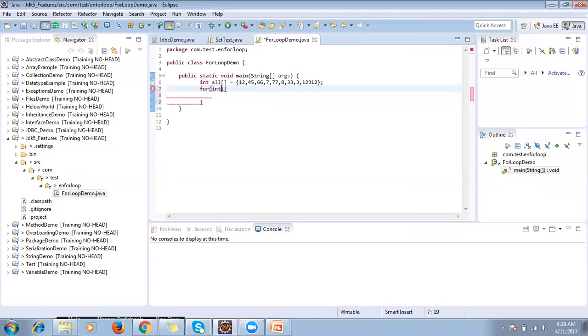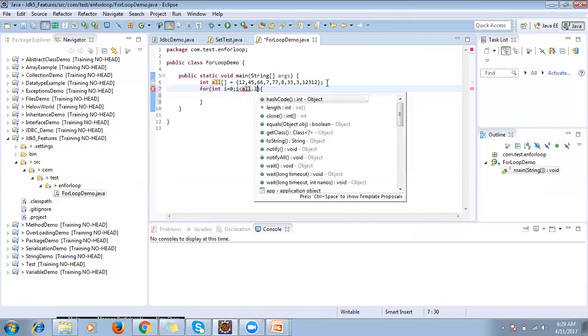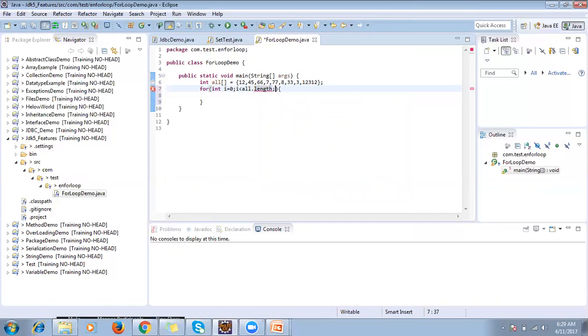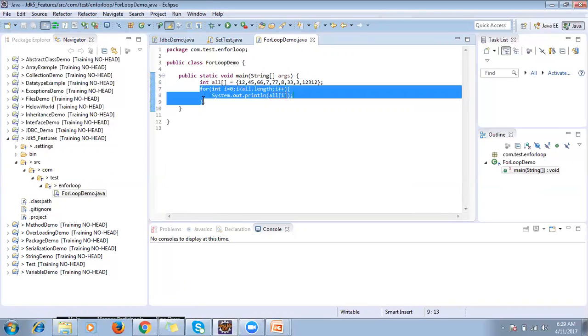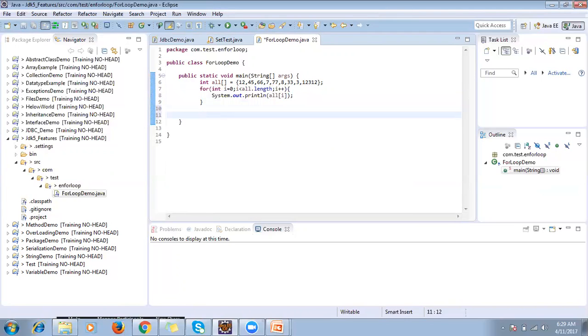For int i equal to 0, i less than arr.length, i plus plus, correct? That is the way we have been doing the iteration so far. And after that we write arr of i. So this is called the old for loop. Till JDK 1.4 we used it like this. But in JDK 1.5,